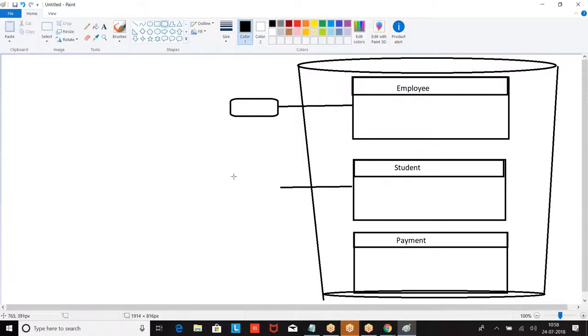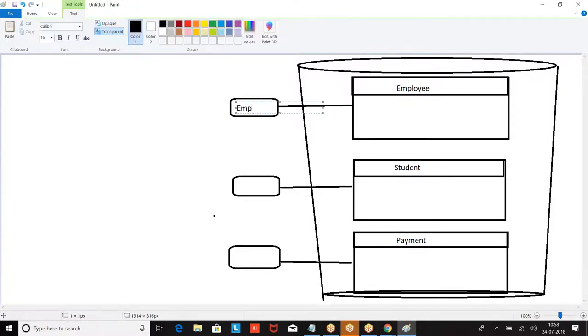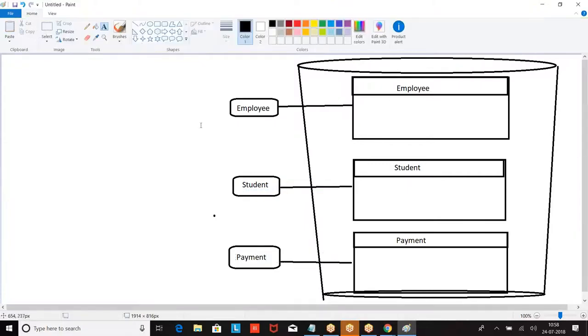At max, on an object, we can only create one tab.